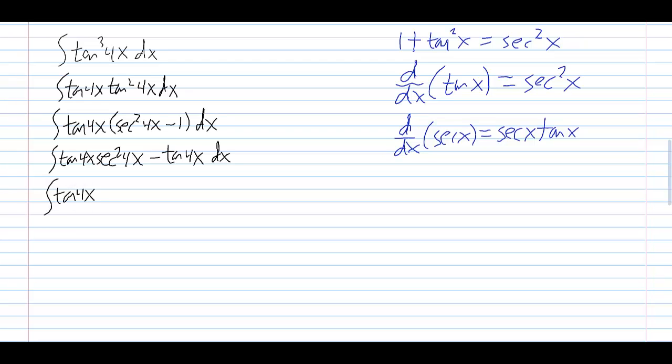When I split it into two separate integrals, I think the second integral is a pretty easy one. Now, I'm saying that because in Calc 1, when we first learned u substitution,